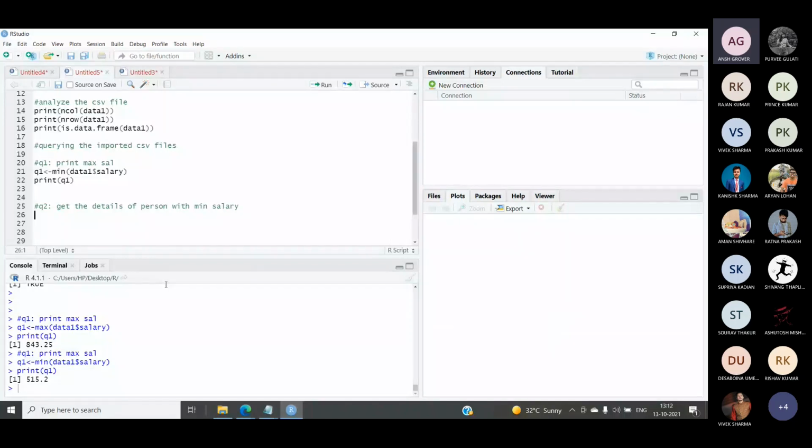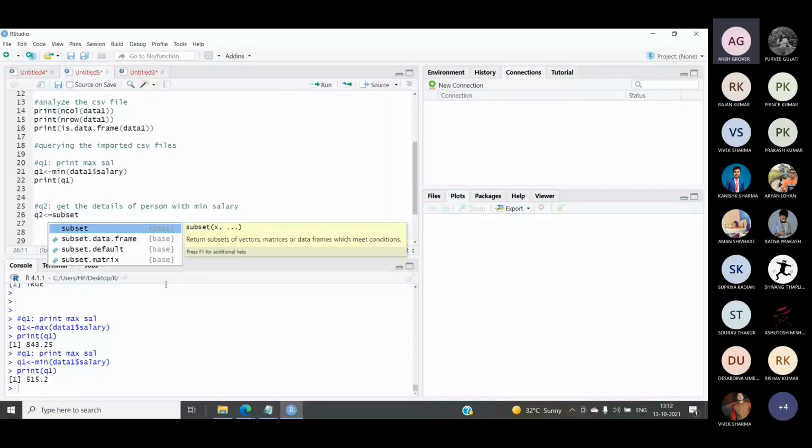So what I need to do after defining this is use one function. This function is known as the subset function. Let me tell you briefly about the subset function. Whenever we use a subset function, it returns a subset of vectors, a subset of matrices, or a subset of a data frame. What is a subset?